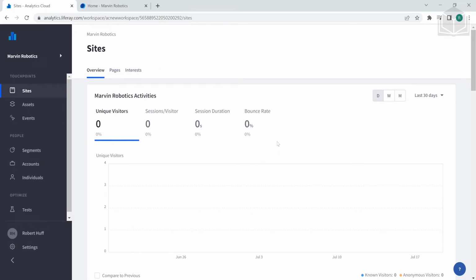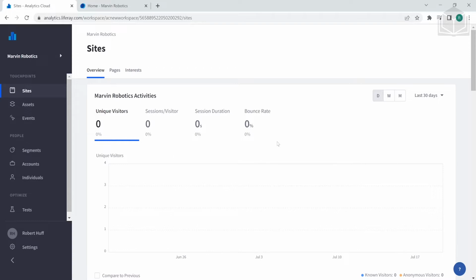Today, we'll take a look at using properties within Liferay Analytics Cloud. A property allows you to define and associate a label to a single or multiple sites. This allows you to aggregate the analytics data for all associated sites with the property onto a single dashboard. Now, this is particularly useful if you have multiple sites in your DXP instance and would like to analyze them